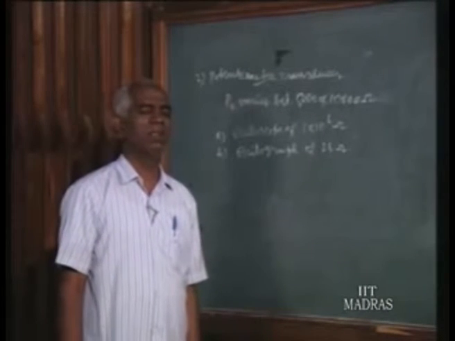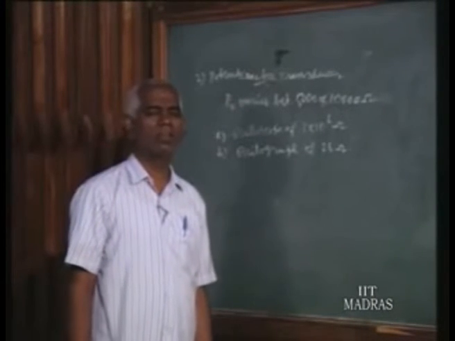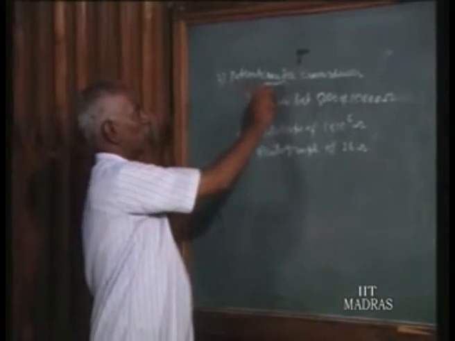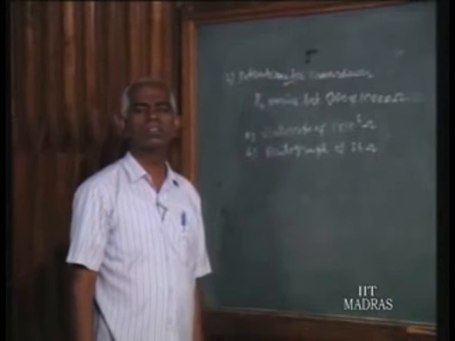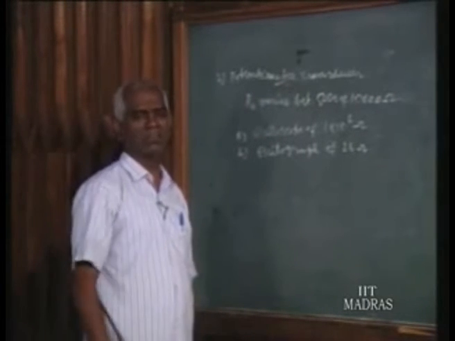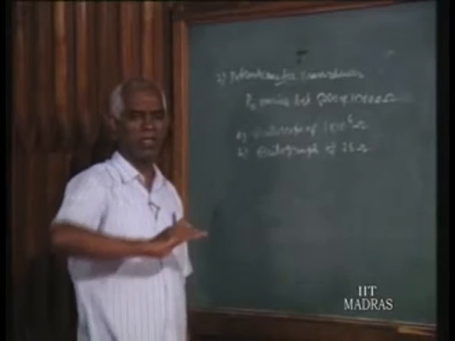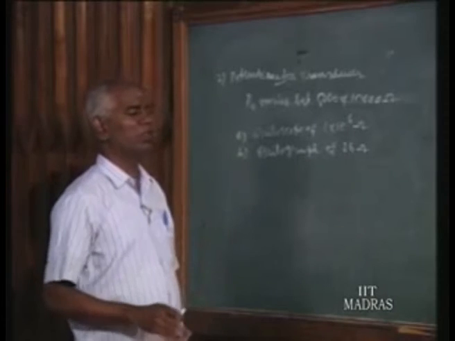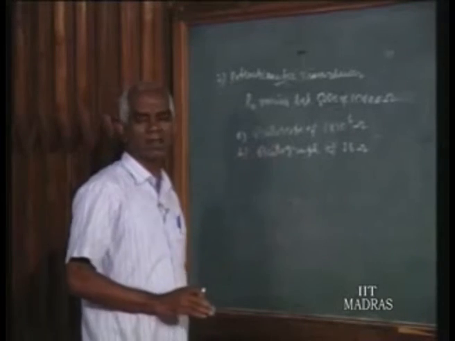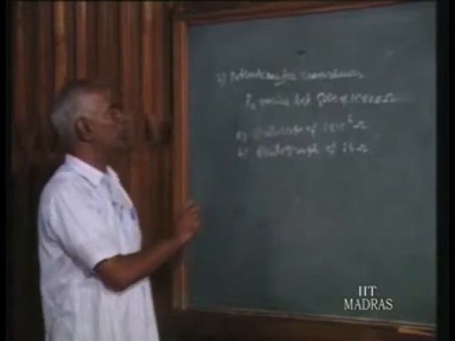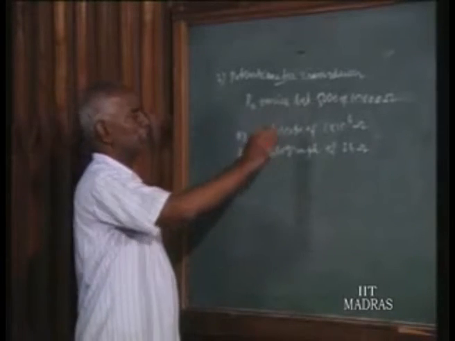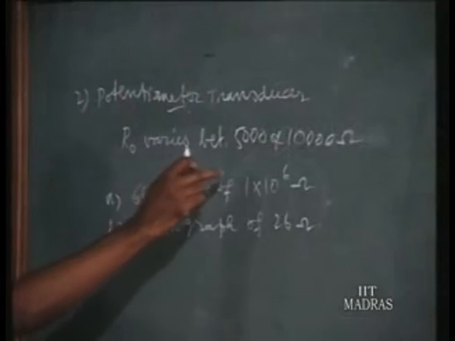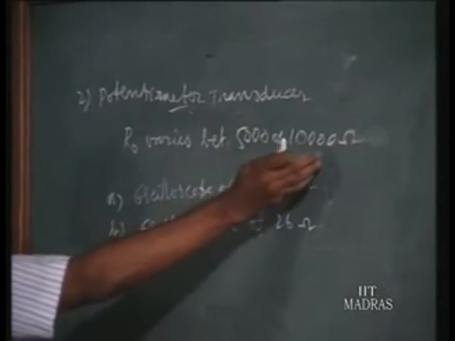Now we are going to see in a typical measurement where this loading effect cannot be compensated. We have already seen that for a potentiometer transducer, the output resistance of the potentiometer circuit varies as the input displacement varies. In that case, the loading effect is going to vary. We learned that qualitatively, but now we are going to see it quantitatively. Now RO: the displacement is moved within the potentiometer between points A and B. At the point A it is 5000, at the point B for example 10,000 ohm.